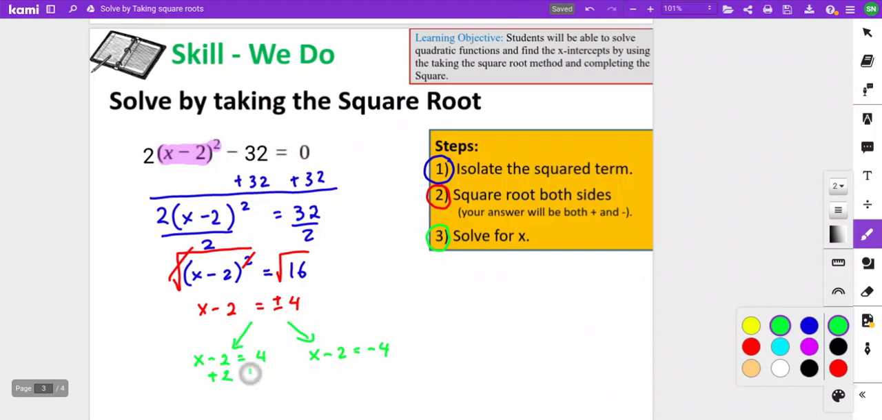On the left, we add 2 to both sides, and this gives us x equals 6. On the right, we also add 2 to both sides, but the answer will not be the same as the one on the left, or simply making it negative 6 would also be incorrect. We actually have to perform the